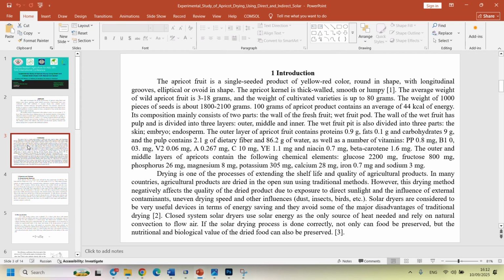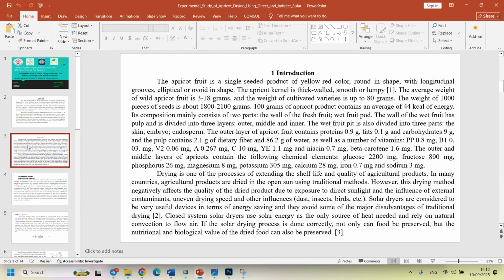Its composition mainly consists of two parts: the wall of the fresh fruit and the fruit pit. The wall of the fruit has pulp and is divided into three layers: outer, middle, and inner. The fruit pit is also divided into three parts: the skin, embryo, and endosperm. The outer layer of the apricot fruit contains protein 0.9 gram, fat 0.1 gram, and carbohydrate 9 grams. And the pulp contains 2.1 grams of dietary fiber and 86.2 grams of water, as well as a number of vitamins: